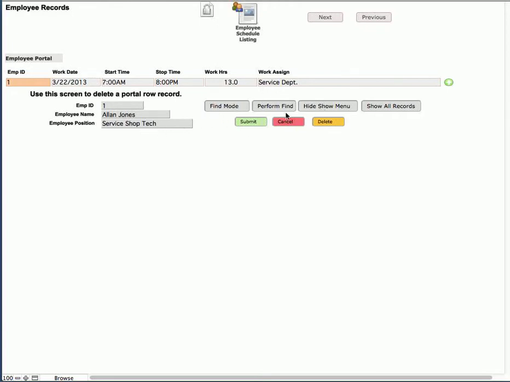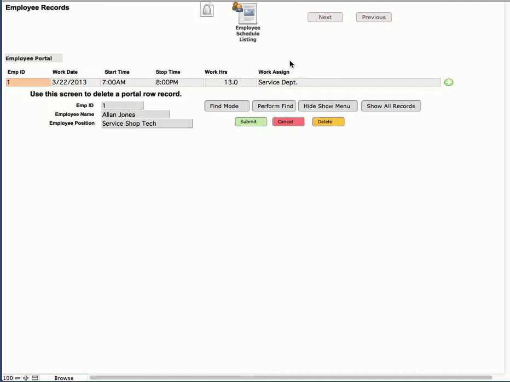You can use this in a find if you wanted to go find a particular employee over a time period like we did in the prior screens, where you can put in like a week to see the summary amount of hours that this individual worked. So that gives you that kind of information where you can see those hours and over what period of time